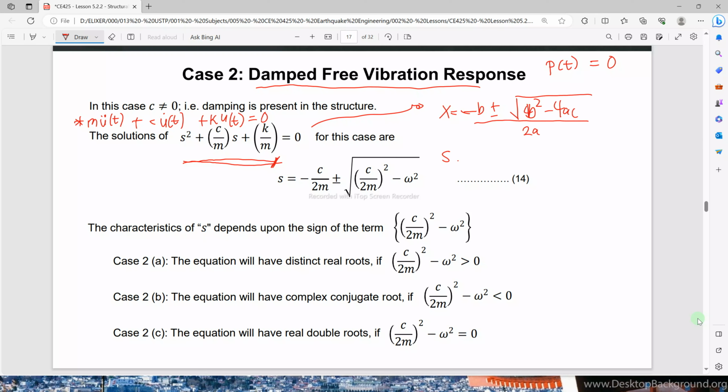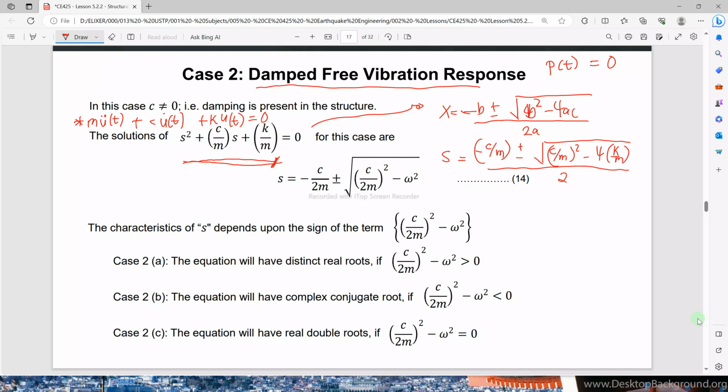So here we have s is equal to negative b, or negative c over m, plus or minus the square root of c over m squared minus 4 times a, where a is 1 and c is k over m,